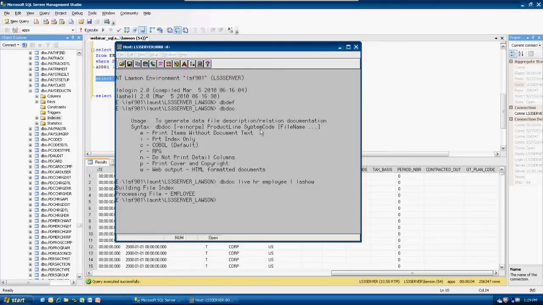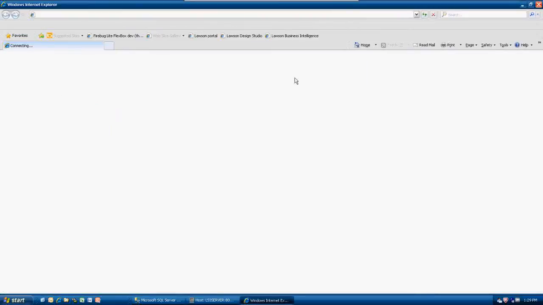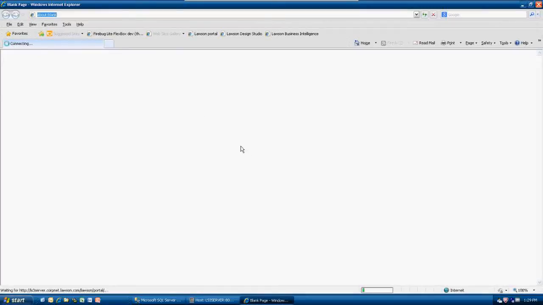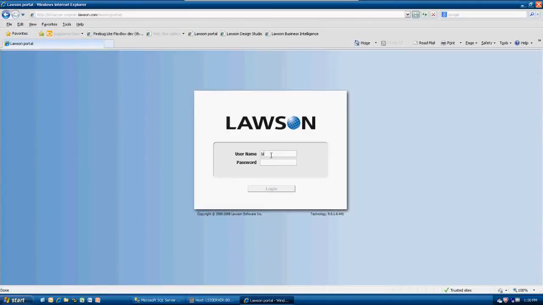If I bring up a Portal screen, you want to use these tools when you're on a screen that already exists and you're looking at data and you're wondering, how am I going to get this data in my SQL query? So I'm ready to write the SQL query, but I don't know how to get the Lawson screen data out of Lawson. And you may be exhausted using DBDOC